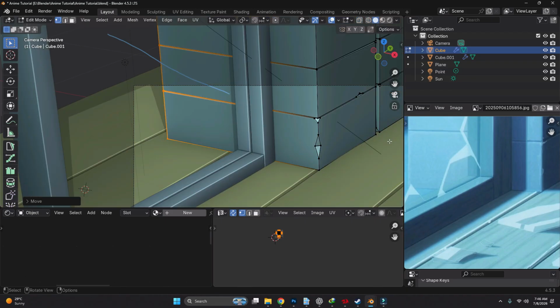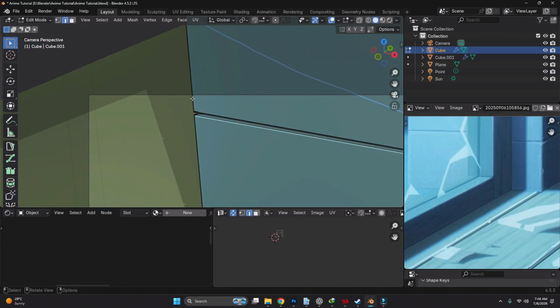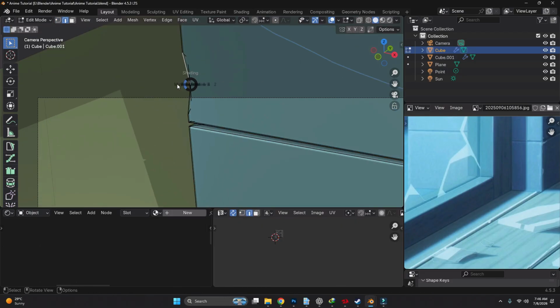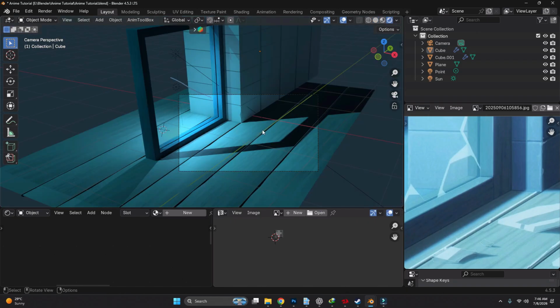So like up to here. And just to add some more breakage, I'm going to add some slight damage over here. Now this looks good. Now just for this brick texture, we're gonna add